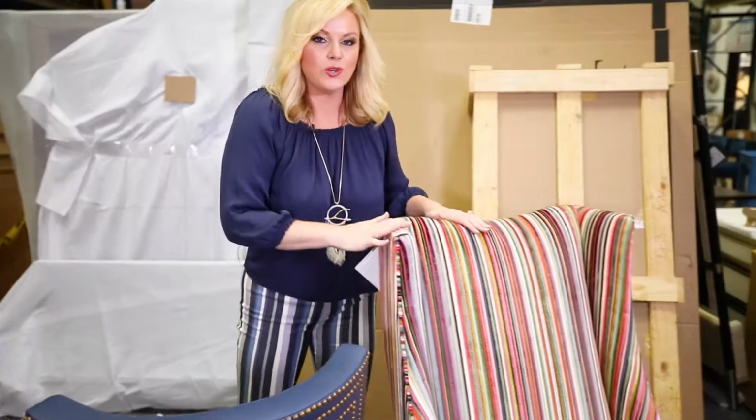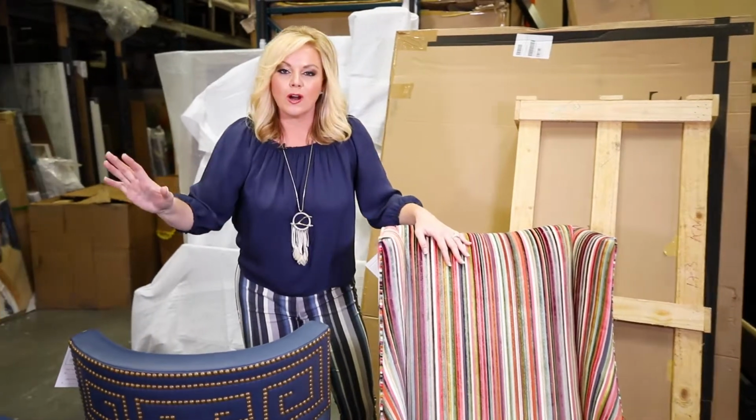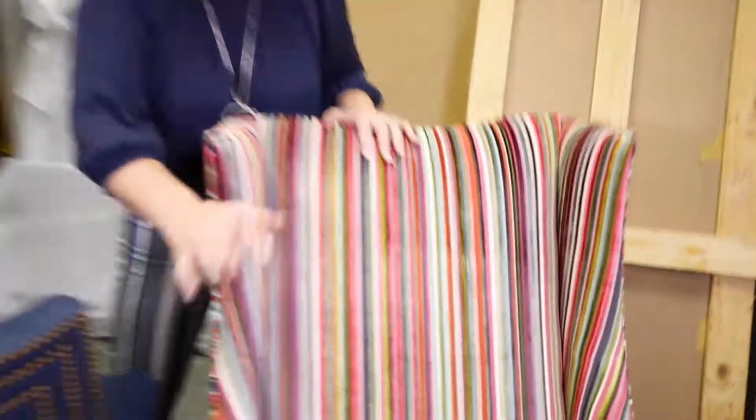And this was a special order for a client, super fun project. And we have all this gorgeous artwork. The clients love colors, so we did this really vibrant stripe. And again, another wipeable material because these are going to be host and hostess chairs at a breakfast nook material. So family friendly,